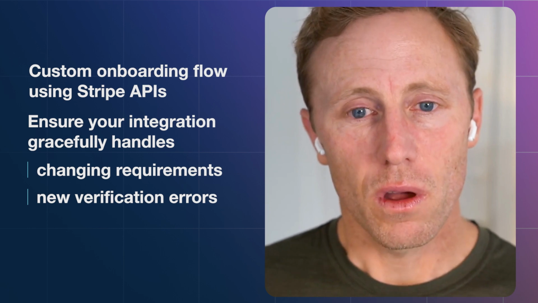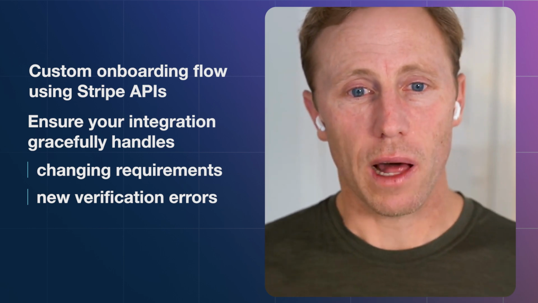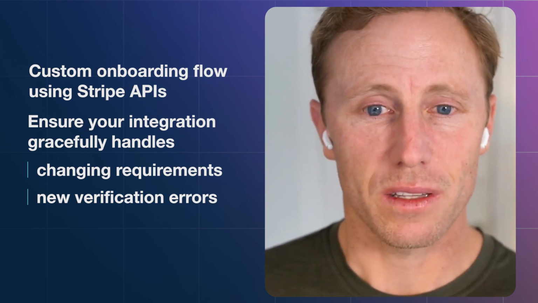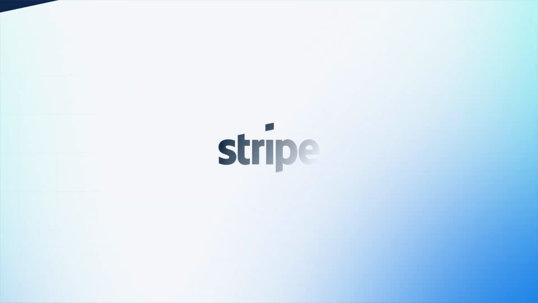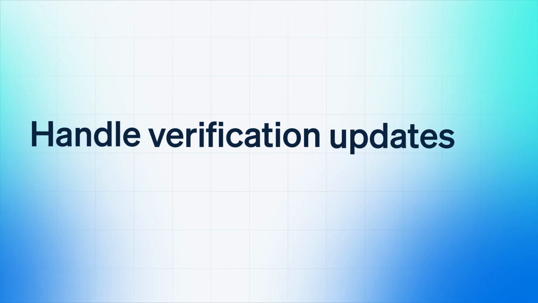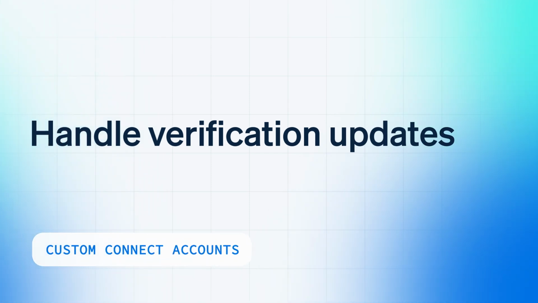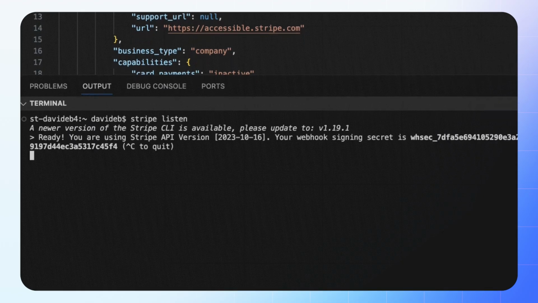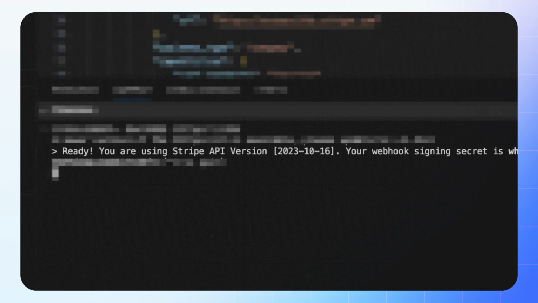In this video, we're going to show you how your Connect platform with custom accounts should handle updates to verification requirements and keep your accounts active and verified. In this video, we're using API 2023-10-16. We recommend upgrading to this version or later, as the API specifies the latest error codes in the requirements.errors